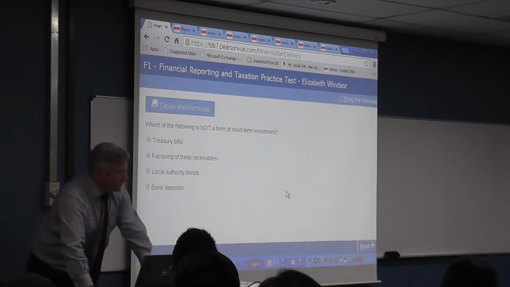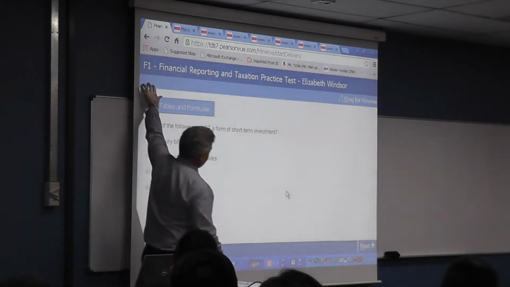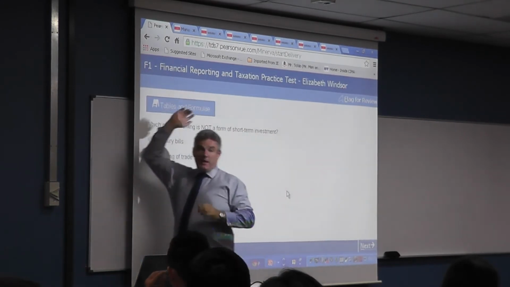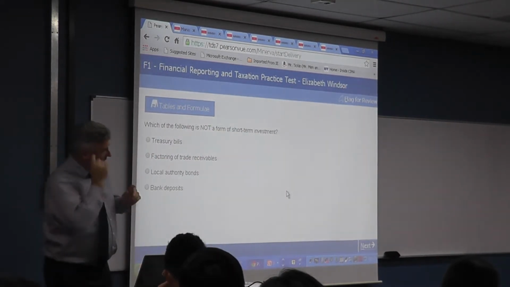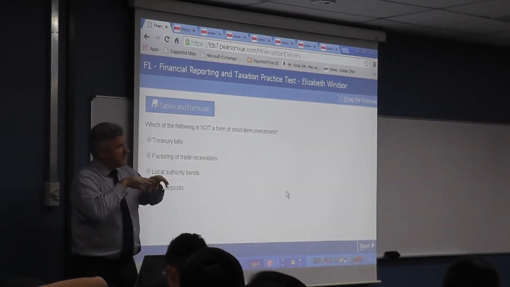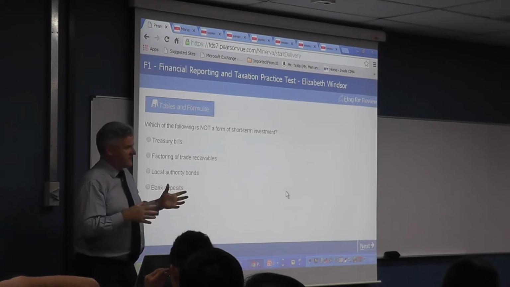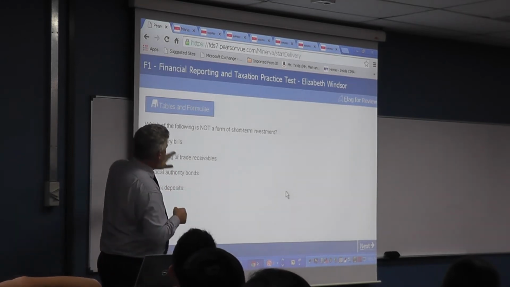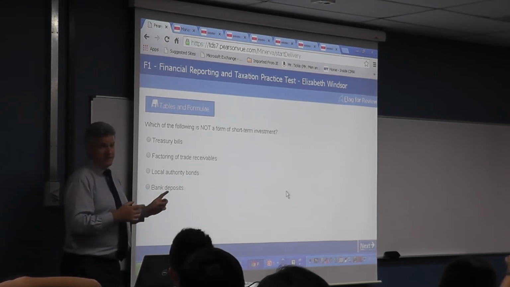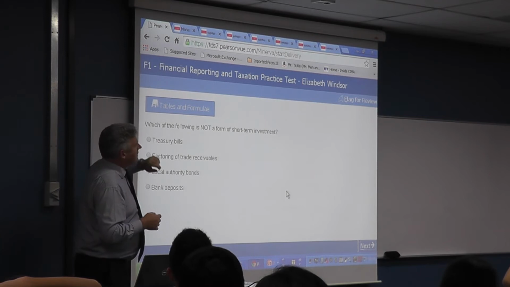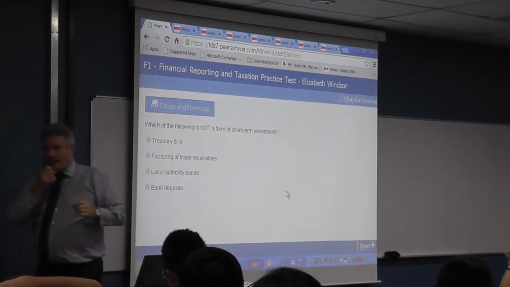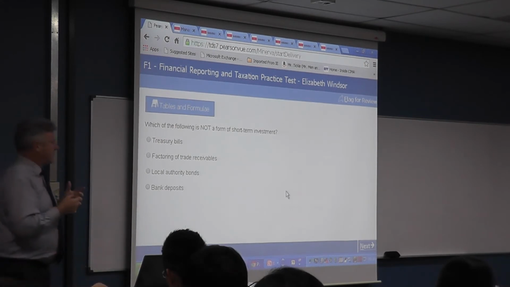So this is what it looks like. What is missing is that in this light blue bar, there'll be two clickable boxes. One will be a scratch pad, and the scratch pad will pop out. It will be just a plain white window that you can type in and make brief notes. Now, I've not yet found a need for doing that, and I've done quite a few exams on this. The other thing that will pop out will be the on-screen calculator, and those that were here in February,